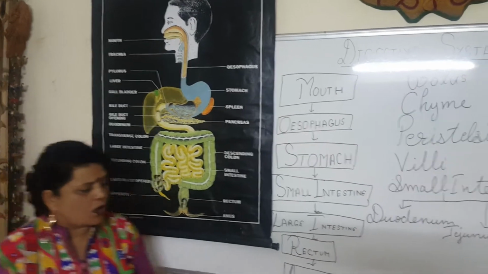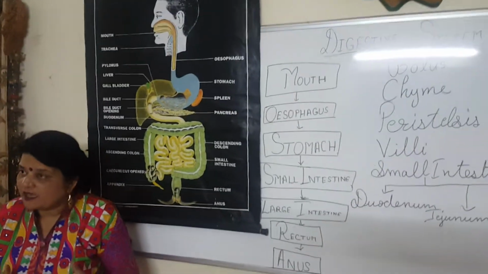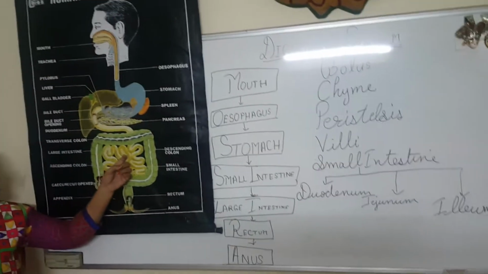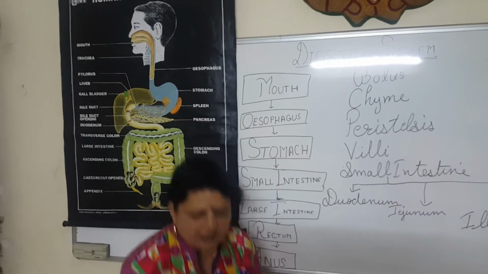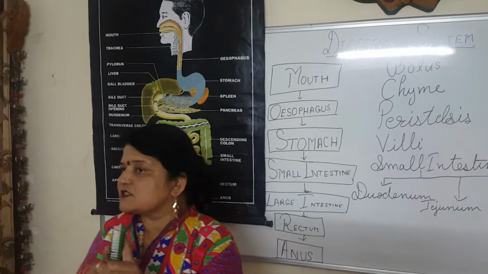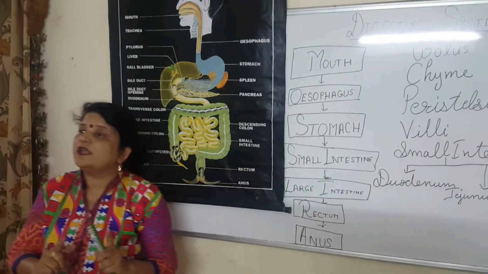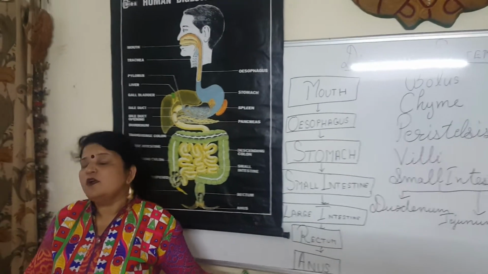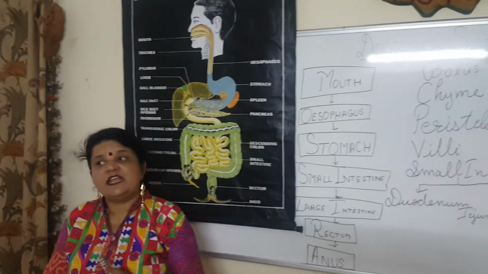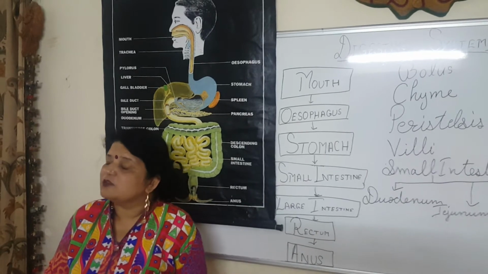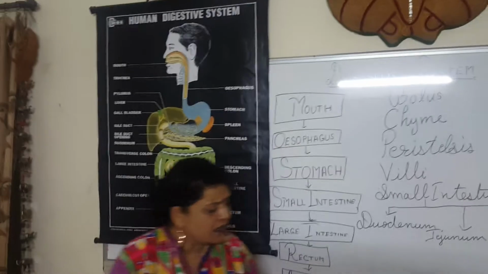As I told you earlier also, the good food which is required by our body goes to the blood through villi. When I talked about the villi in the small intestine, I also told you all the good food required by our body goes to the blood. Now, we should be very particular in eating food, because whatever we eat goes to all the parts of our body. It goes to our eyes, our brain, and each and every part of the body. And this food